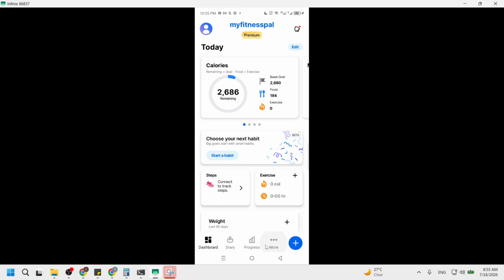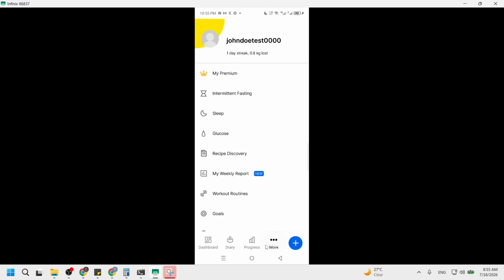Ensuring that the app is open and functioning smoothly is critical because it sets the stage for everything that follows. If you are using a mobile device, make sure it is connected to the internet. This will allow you to access all features without interruptions. Once the app is launched, you are ready to move on to the next step.